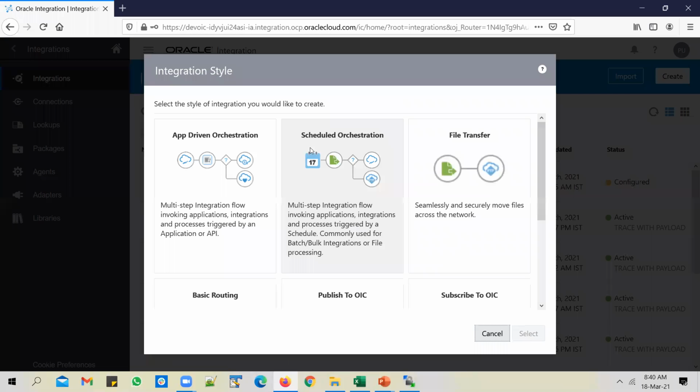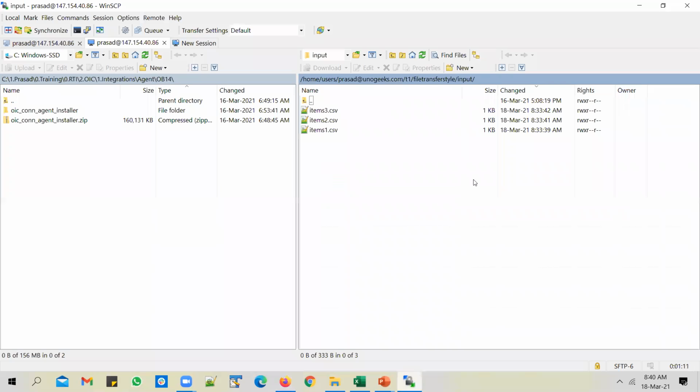Create a new one. And we're going to use a file transfer integration style for this because all we want to do is move the files seamlessly and securely across the network. Typically when we move files, we move them from one SFTP location to another one. But since I've got only one SFTP server, I'll show you how to move the files from one directory to another directory.